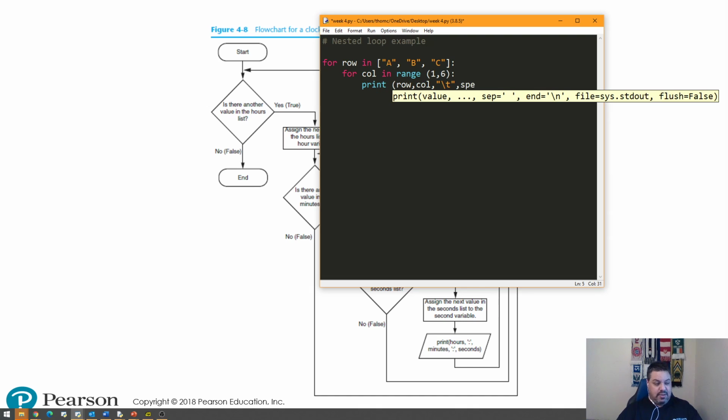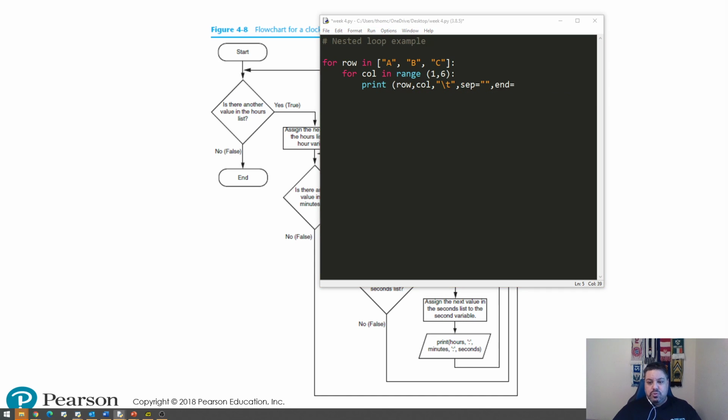Tab, and then we'll say, because I don't want anything else, sep equals that. Because I don't want to separate the row and column values, but I do want to print a tab after row and column print. And we'll say end is going to be equal to